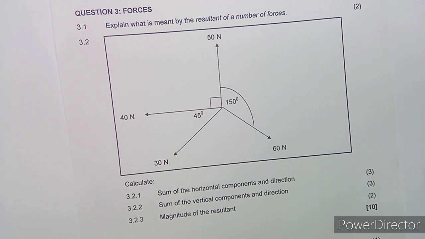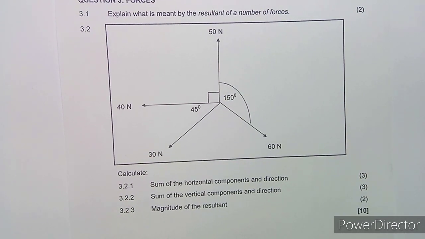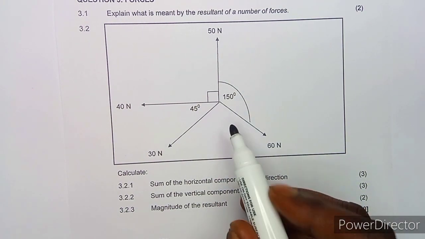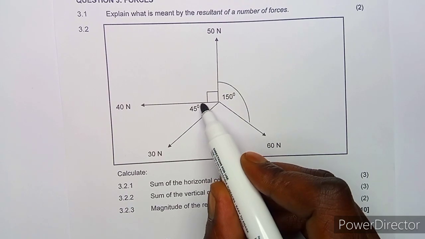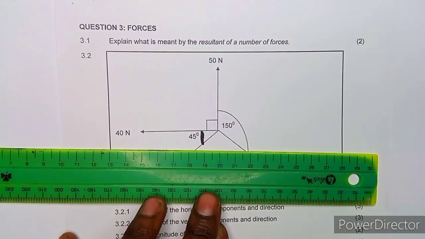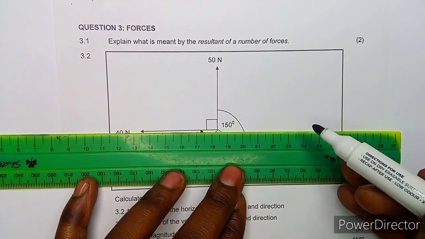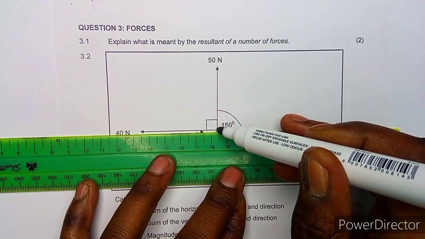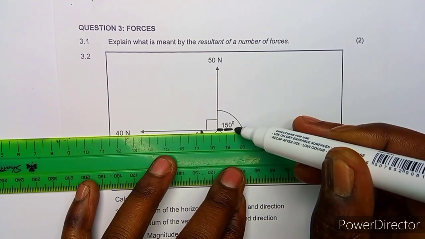All right, on number 3.2 we are given forces which are represented, then the question is to calculate the sum of the horizontal components and the direction. So this one, in this case, is a clear diagram. I don't think we can do much adjustments. The only thing that we need to know, remember, are the angles with the horizontal. So here there's an angle of 45 degrees, which is fine. But what about this one? We do not know the angle in the horizontal between the force and the horizontal line. So we just need to continue with this line. So you can just maybe indicate with a broken line